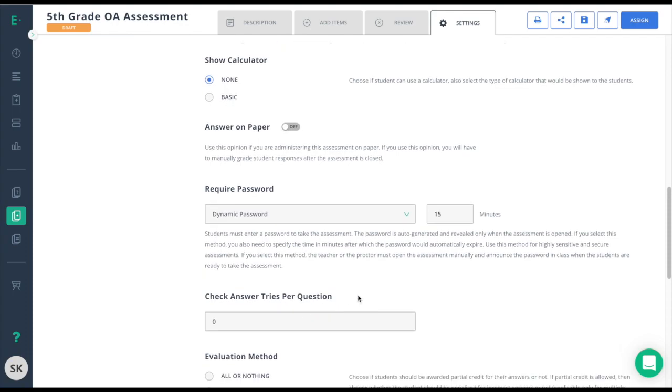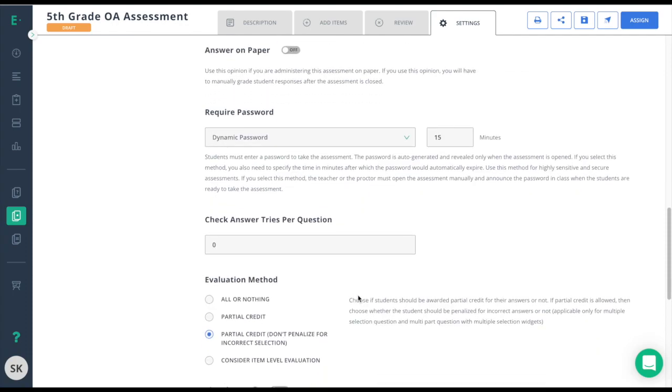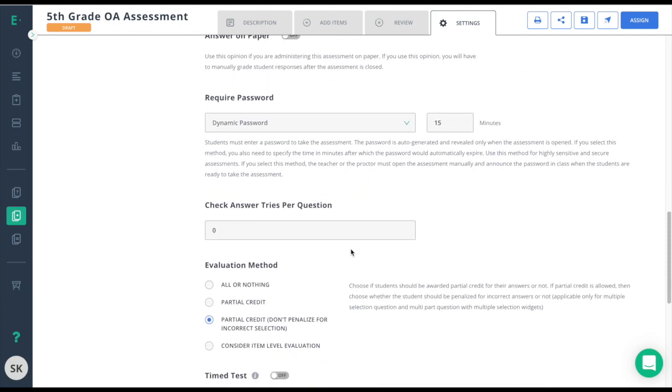Check answer tries per question. This will allow the students to answer the question and then check their answer. This will give the students multiple attempts on that particular question while they're still taking the assessment. This is best used on practice tests, like giving a homework assignment, and should not be used on common assessments